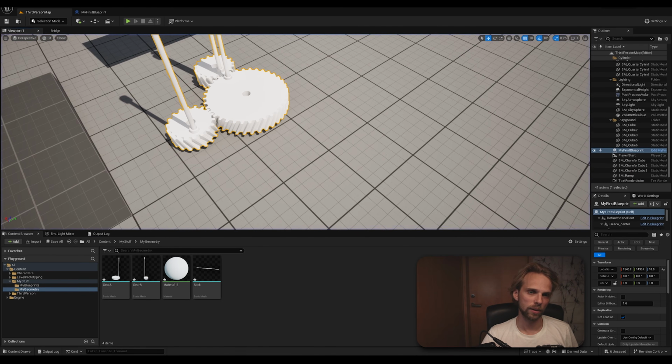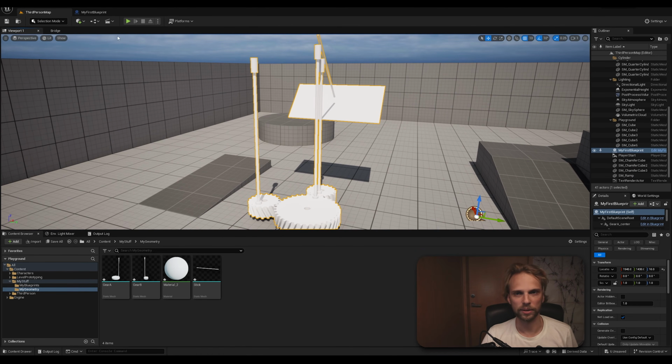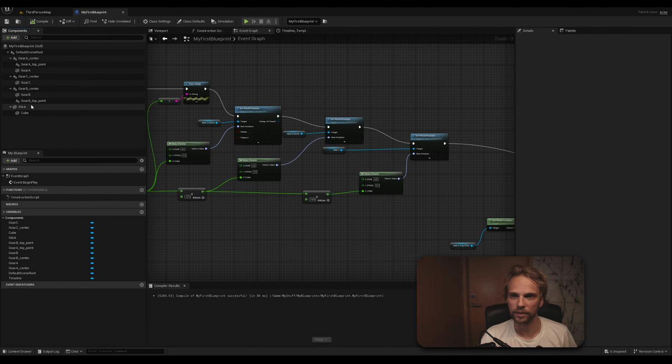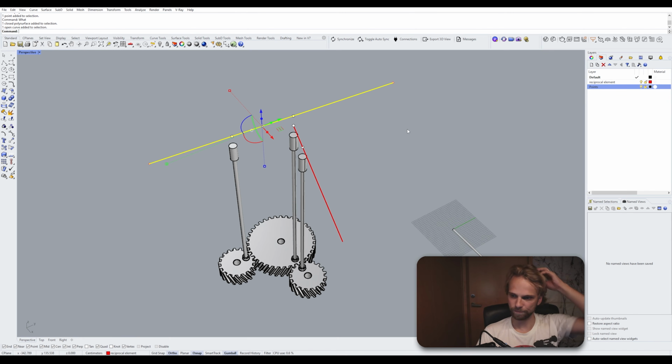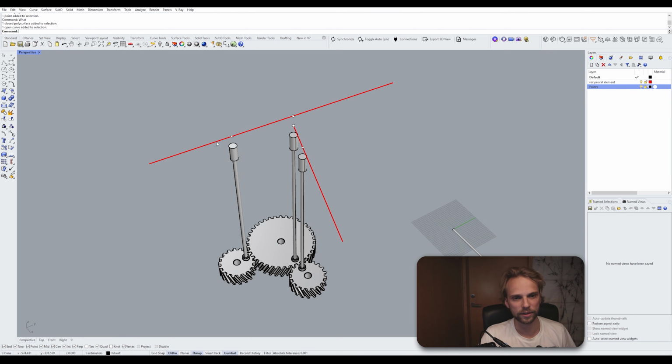Okay, great. Now for the sticks, we kind of do the same thing, right? So let's first create another stick, and this one will need to be longer, I guess, like that. It's not just going to be longer, but it's going to go beyond the anchor point right here. So I guess it makes sense for me to showcase this to you. So we do distance, and I will just measure, okay, let's say 300 centimeters from here and